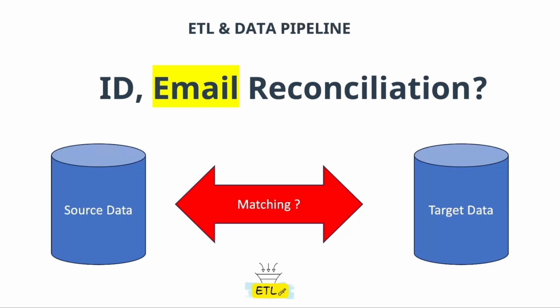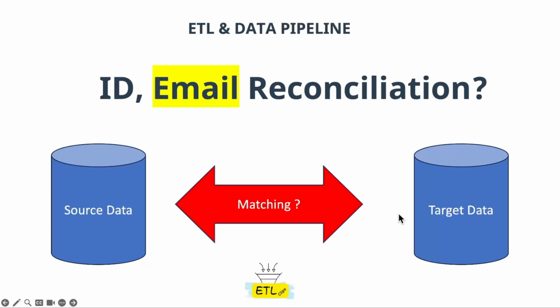Hello guys, in this video we are going to reconcile ID versus email from the source of an ETL to the target of an ETL. In the data pipeline, the customer's data is flowing from source to target, and the ID is a direct mapping, email is a direct mapping. Whether they were mapped correctly and arrived at the target system correctly and settled or not,